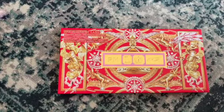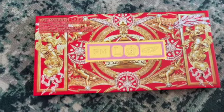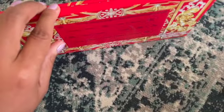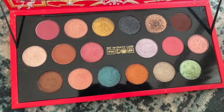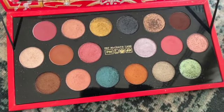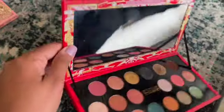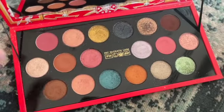Palette number 1, Mothership Mega Celestial Odyssey. This was the holiday 2021 holiday release. And these palettes have, I believe, 18 pans. In my opinion they are a great introduction to the Pat McGrath formula and the Pat McGrath style of eyeshadows, because as you can see, you get a lot of variety. You still get a fairly sturdy package, big mirror, which is important to some people,